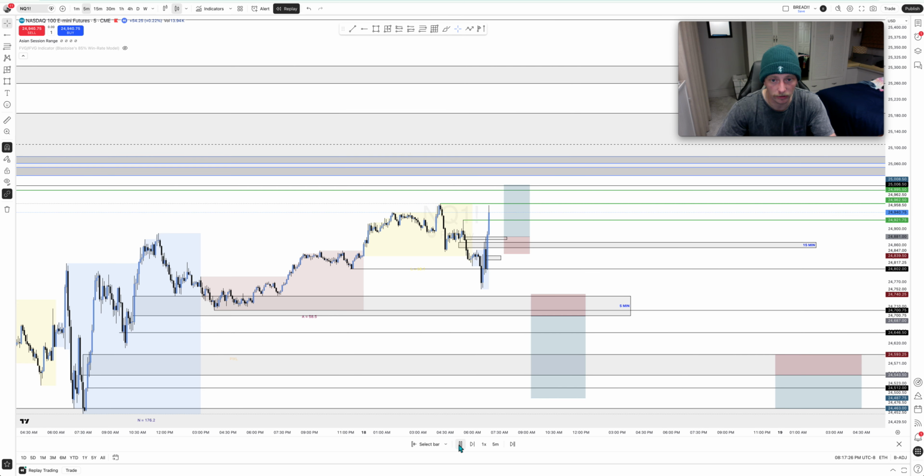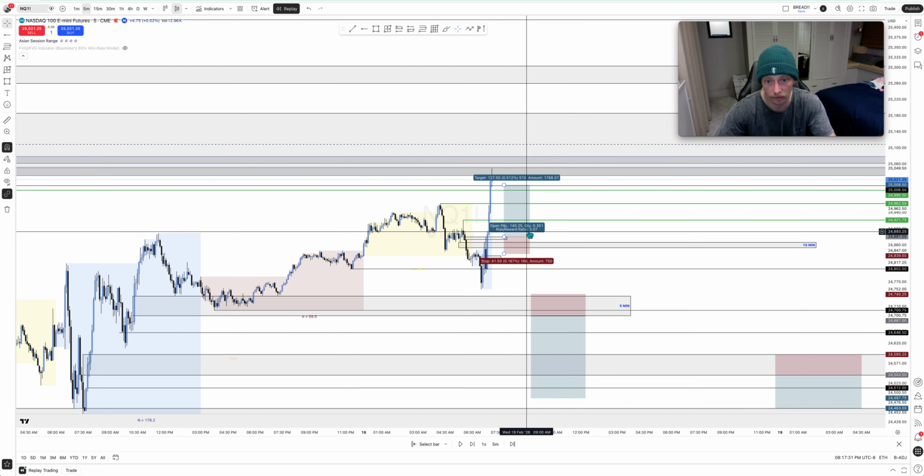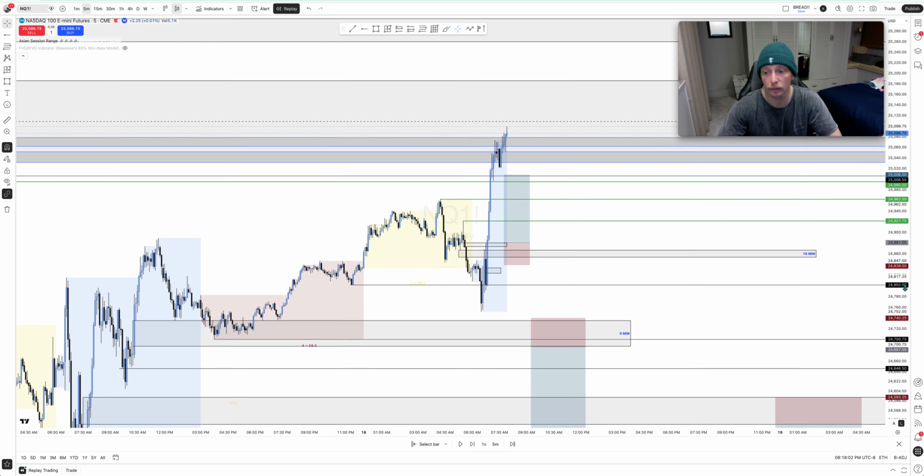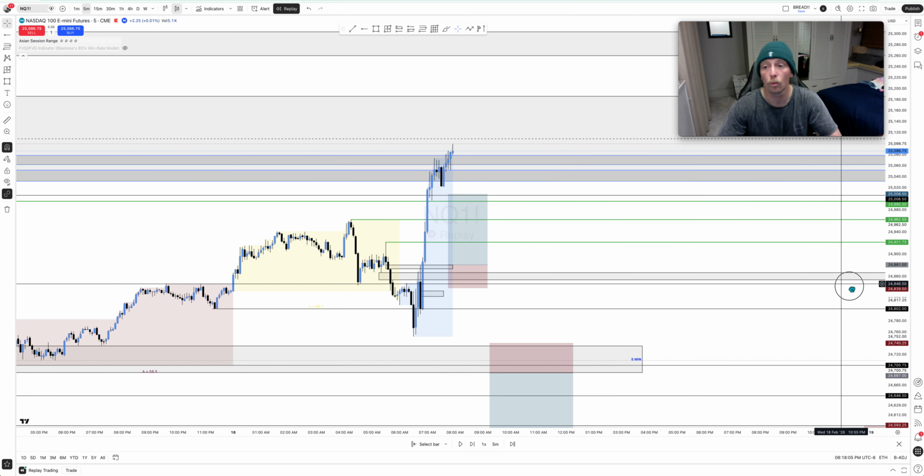And so what did price do? It eventually tapped the final TP for this long right here, tapped into the first 5-minute, had a slight retracement, broke into the second 5-minute, and then it's breaking out of that second 5-minute to go higher. Okay, so now that we see we broke out of the second 5-minute,